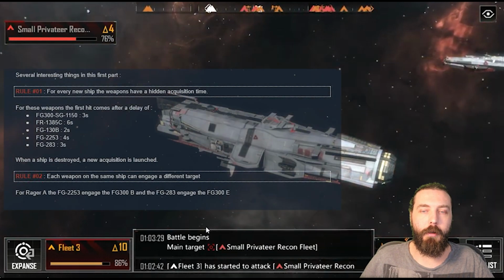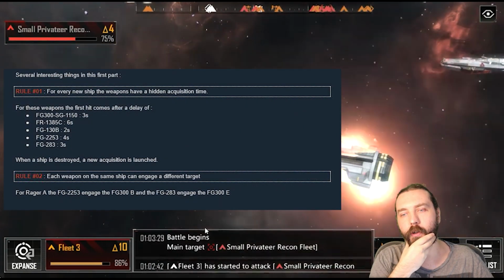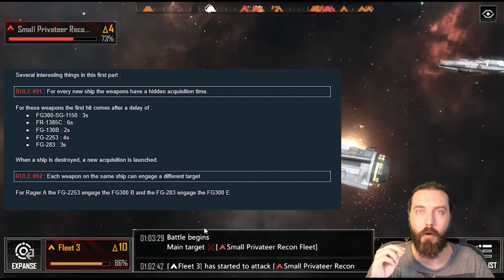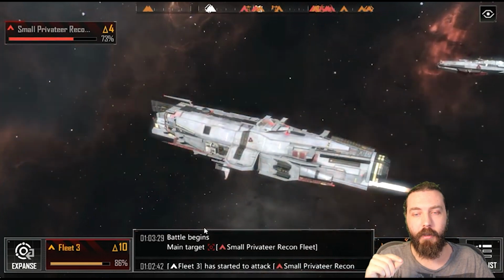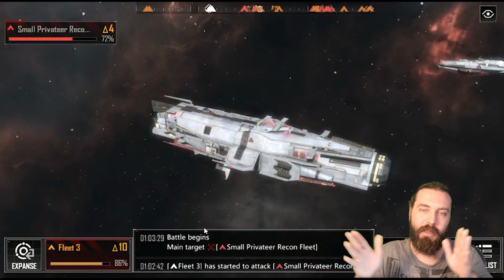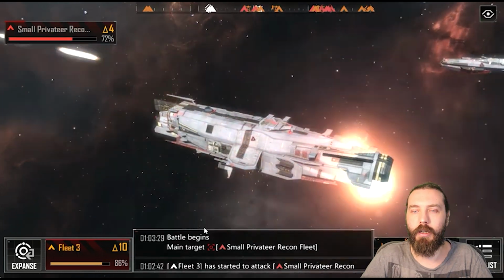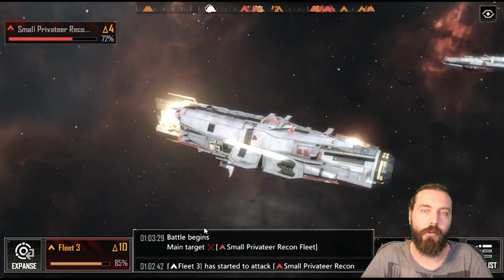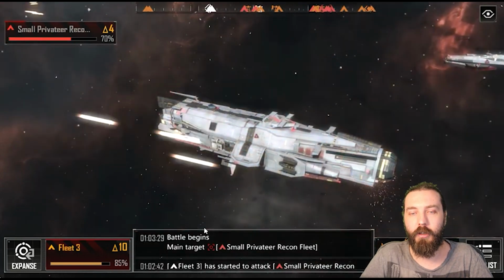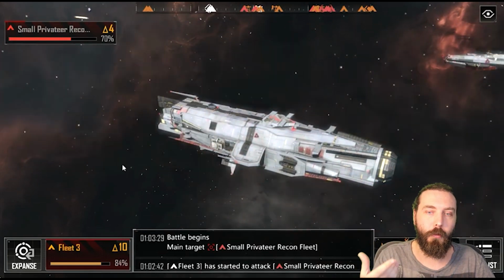So rule number 2, each weapon on the same ship can engage a different target. It's just something quite interesting to note, and I'm going to say this due to the fact that it's very, very noticeable on the Chimera. The Chimera having multiple weapon systems just targets like a billion things, then fires all its weapons at all of them, unless you pick up the strategy on it, and that's where you see a massive damage increase on the Chimera. Although technically it shouldn't be a damage increase, but it seems to appear to be one. But that's because it targets all its weapon systems onto a single ship,